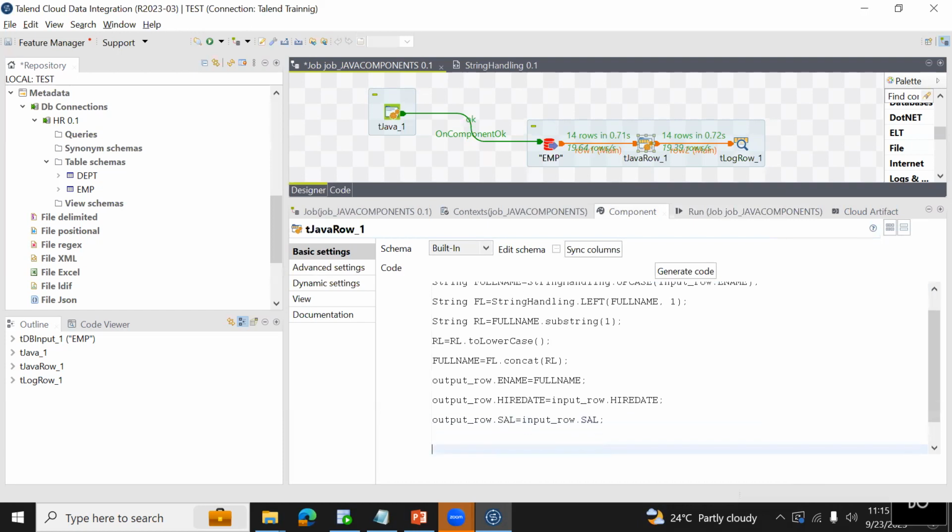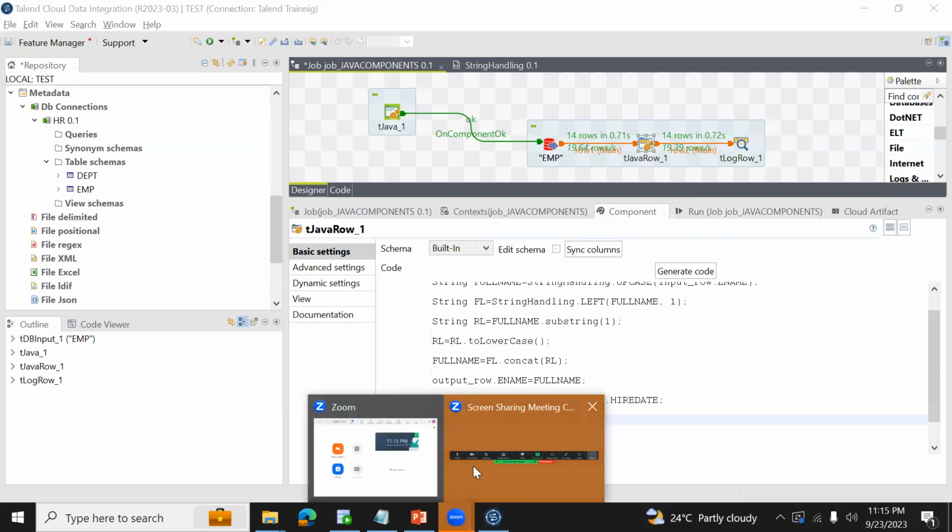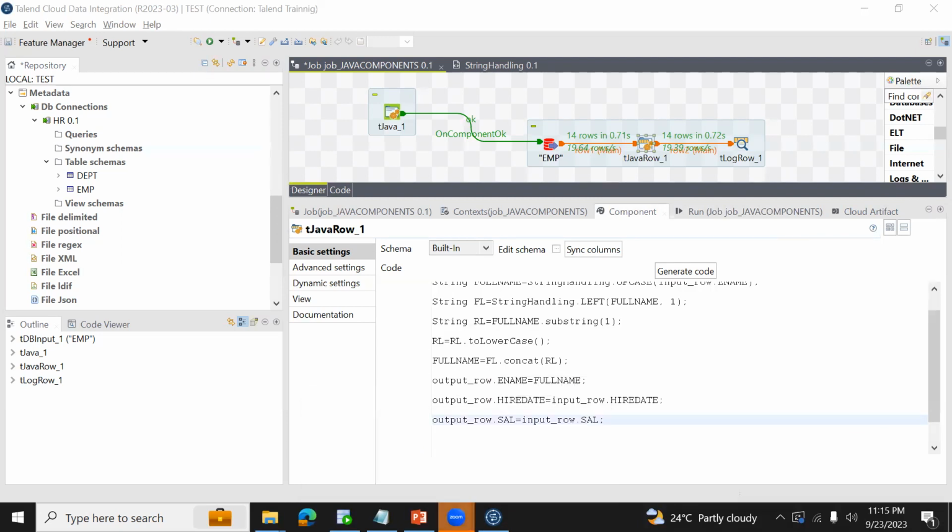Now here, how do we allocate yes or no based on whatever value is available inside commission? If the commission has a value, then I want to consider it as salesperson. So if input